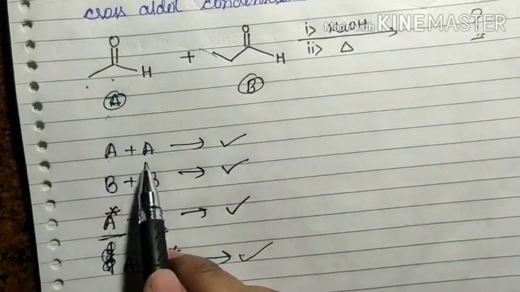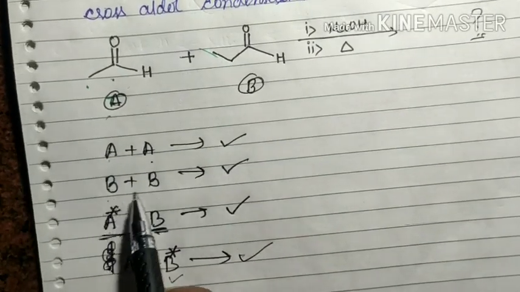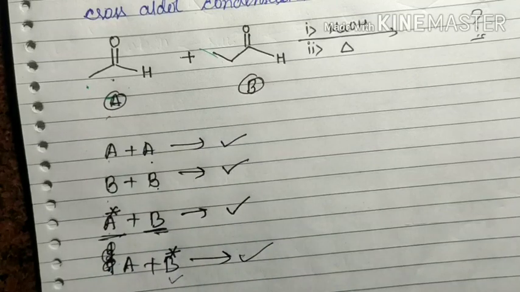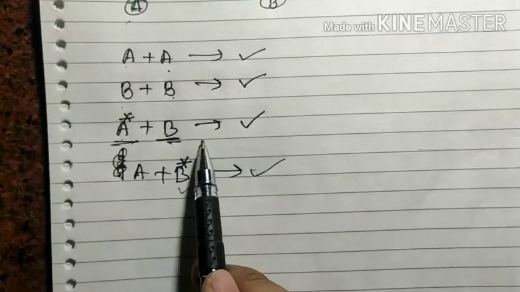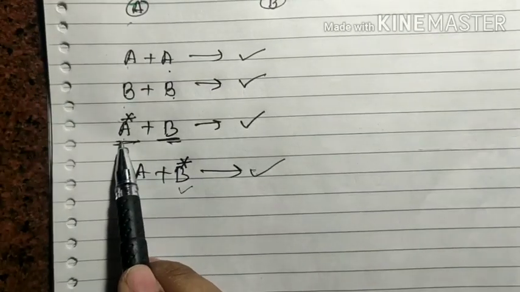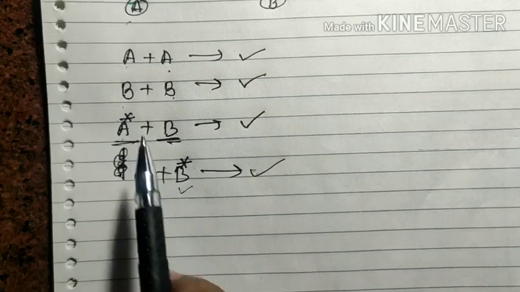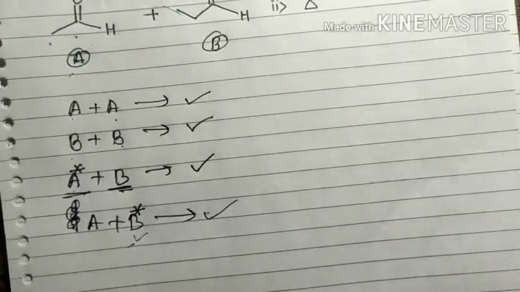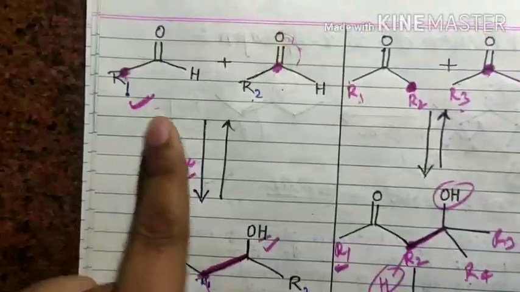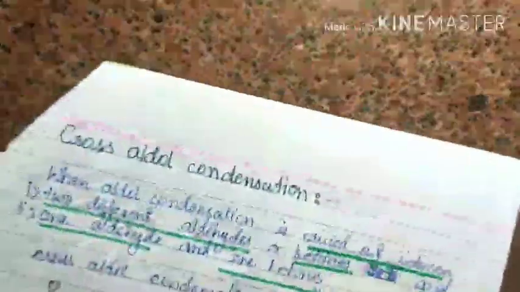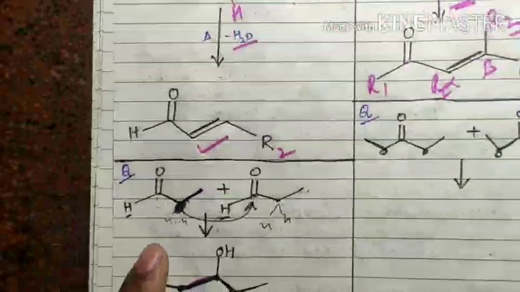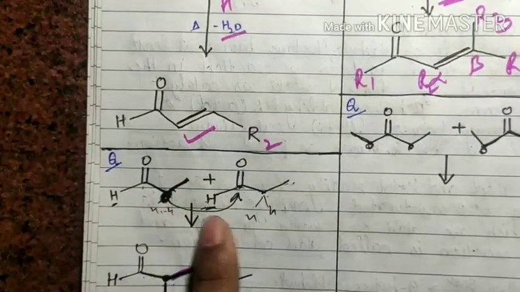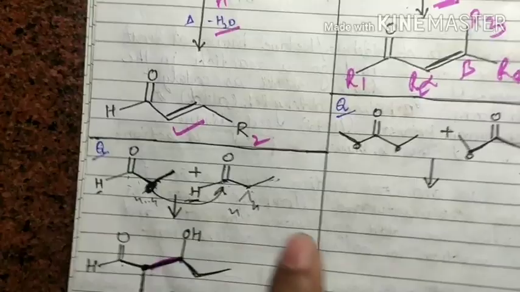So there are reactions between A and A, between B and B, and between A and B. For A and B there are 2 conditions: in one, A behaves as an enolate, and in the other, B behaves as an enolate. So I hope you may write all the products. How do you write them? For the reaction of A and A, you solve this type of example. For the reaction of B and B, you solve this type of example, because you understand what I have written here. So this is molecule B.